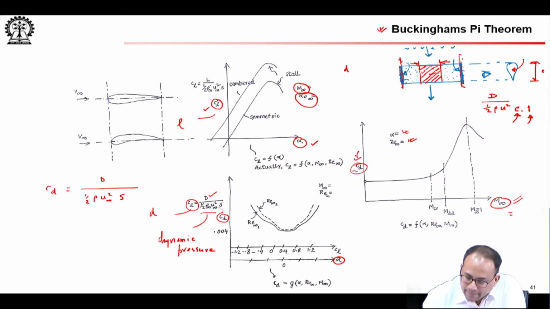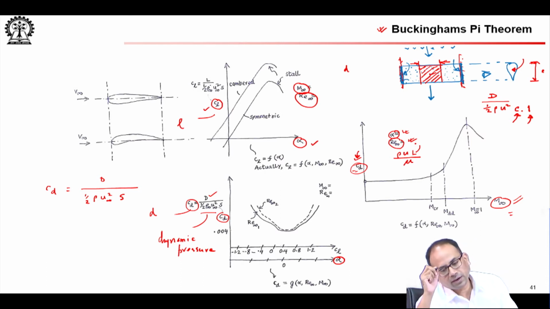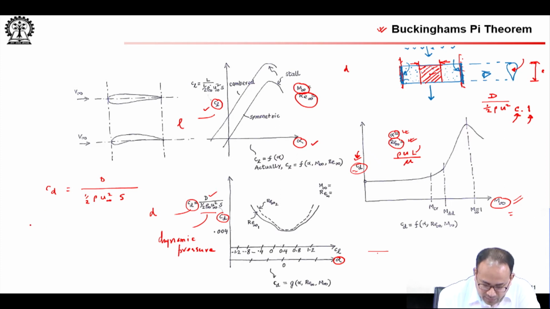So, you get your CD, and remember you are holding the angle of attack the same, and the Reynolds number the same. Reynolds number we have not talked about, but some of you are aware of it, is given by rho u L by mu: density, velocity, viscosity, and L is some characteristic length scale. You are holding the Reynolds number constant and the angle of attack constant. Remember what angle of attack is? In a wind tunnel, let us do it here because that will interfere with my picture there.